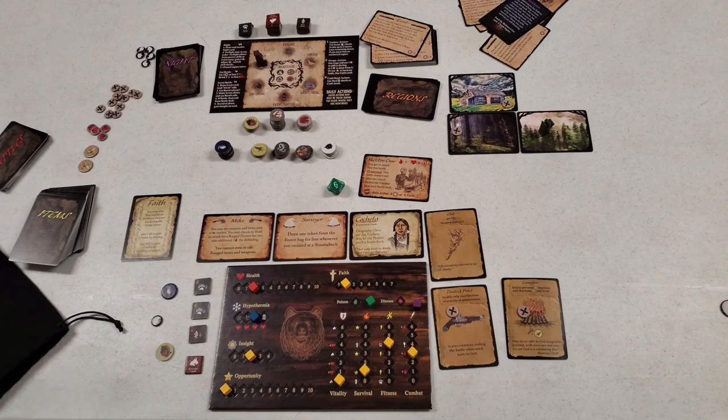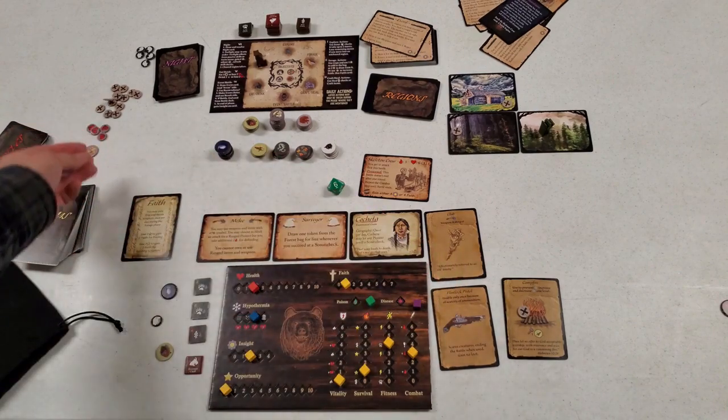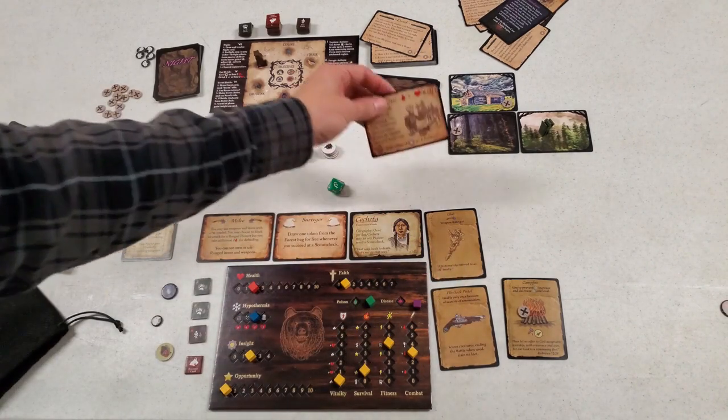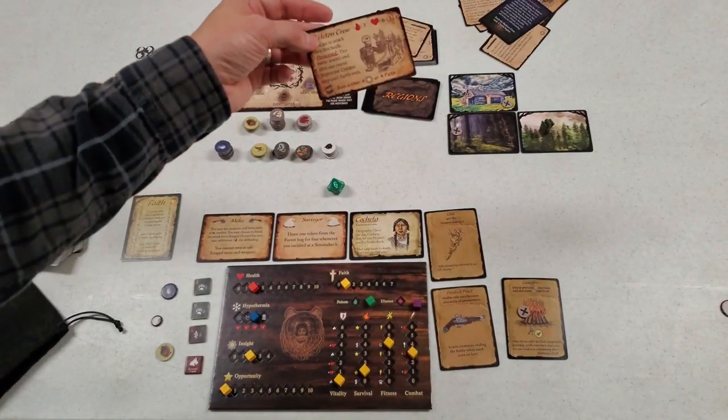You know, this is probably the prime time to use a flintlock pistol, because I just don't think we can survive this. I'm going to shoot the pistol and just get this thing out of here. We don't gain any reward. We're just going to toss it